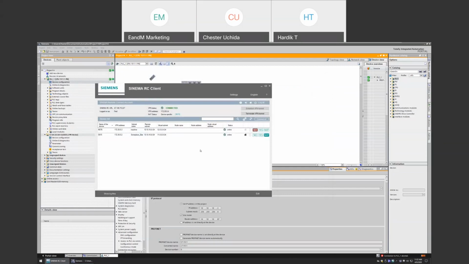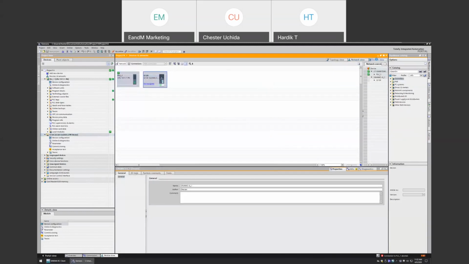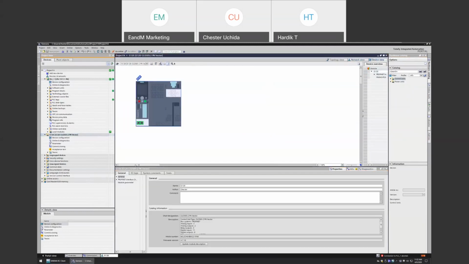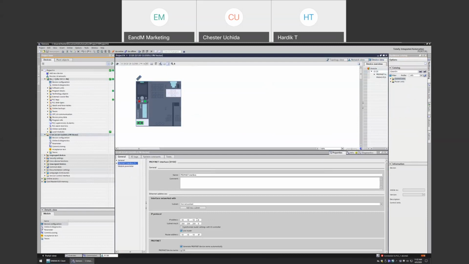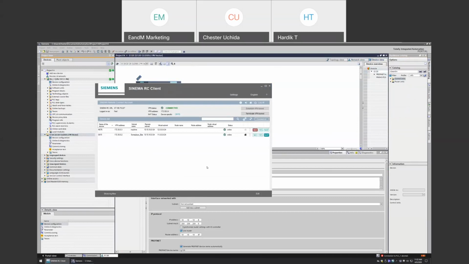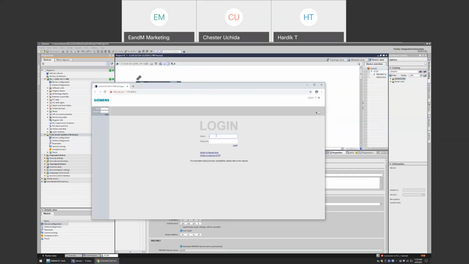All right. So one of the other things that we showed, or that Hardik was mentioning, is this remote DCP. What I have here is a drive out there that I want to connect to. The IP address is 10.10.10.8, but it's a new device, or somebody just pulled this unit from somewhere else, and it didn't have an IP address. So how do I connect to something that doesn't have an IP address? Well, since it's a Profinet device, I can go to the 615, the remote scans device,